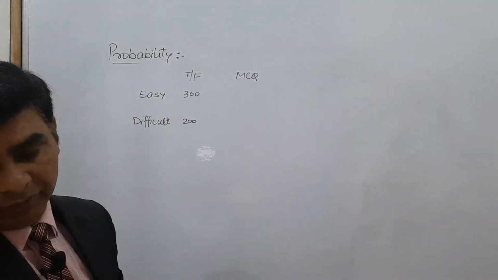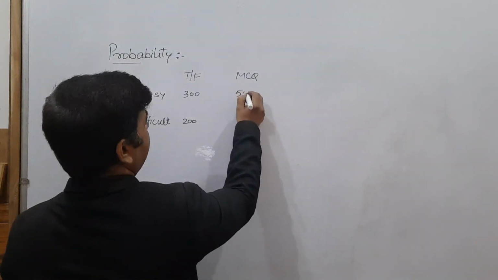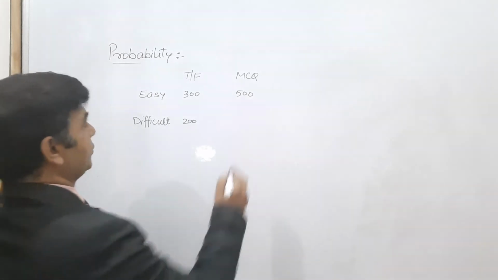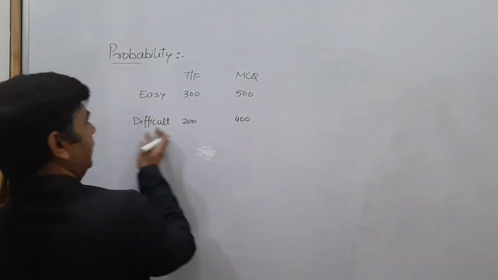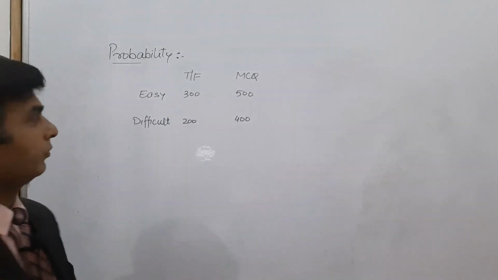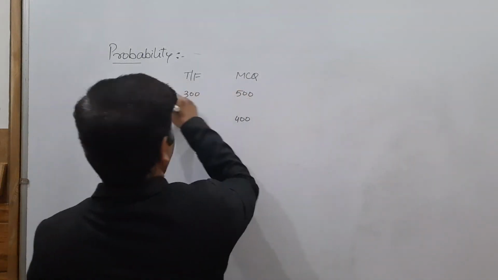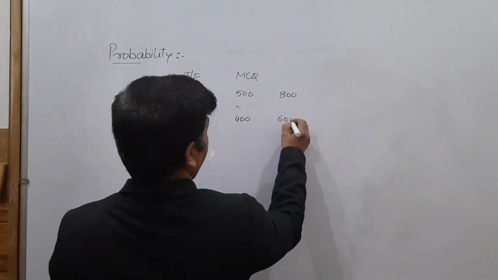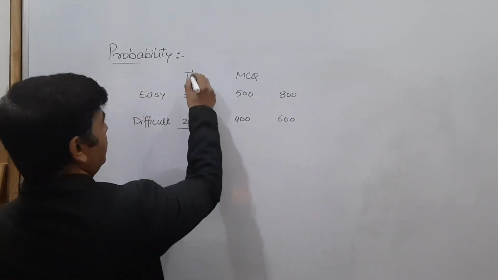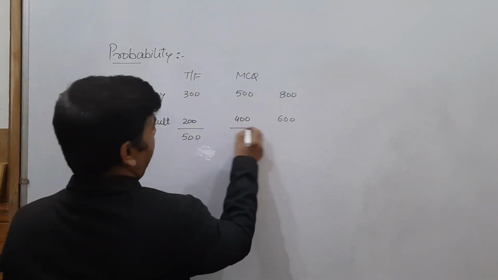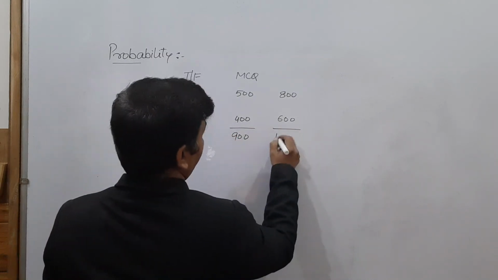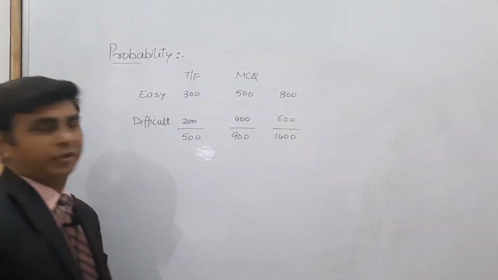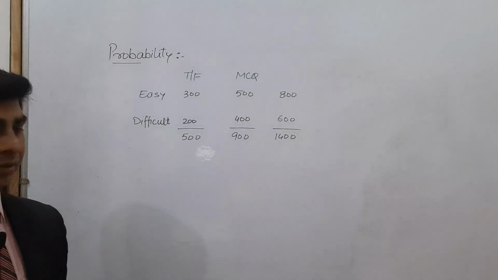और उसके बाद कहता है कि क्वेश्चन 500 easy multiple choice questions are there, 500 questions are there which are MCQs but these are easy one, and 400 difficult multiple choice questions, also we have 400 questions which are difficult as well as MCQs। Now let's see what are the total number of easy questions। We have total 800 easy questions, we have 600 total difficult questions, true falses are 500 true false questions and 900 MCQs, and these are total 1400। You can see 500 plus 900 total 1400, this is also 1400। So this is the description of the questions given in the question.